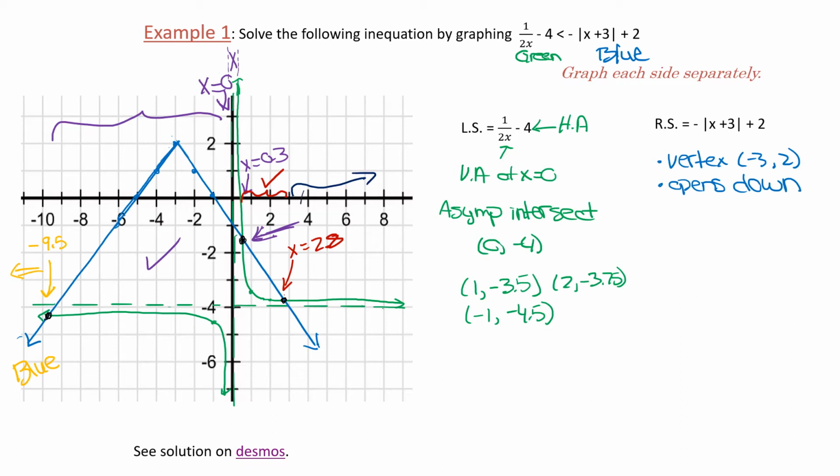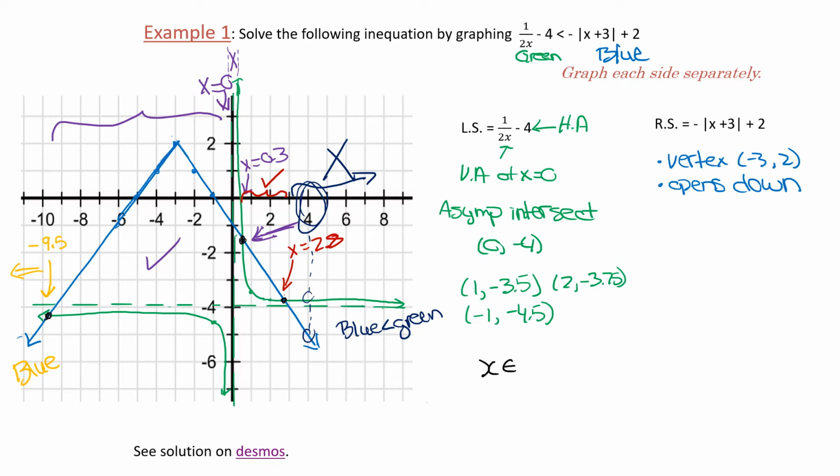So let's say we were looking at x equals 4. When x equals 4, let's go down. Here's the green one. Keep going. There's the blue one. So in this case, the blue is less than the green, and that's not what we're looking for. So this interval is out. So our final answer is going to be